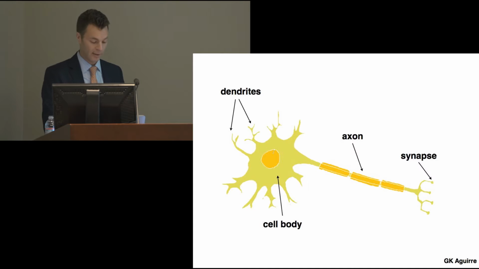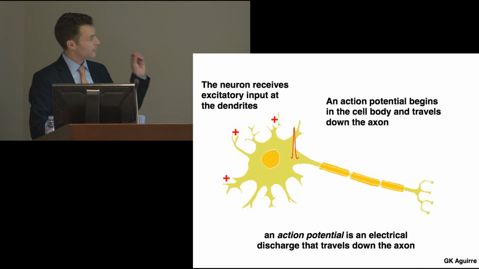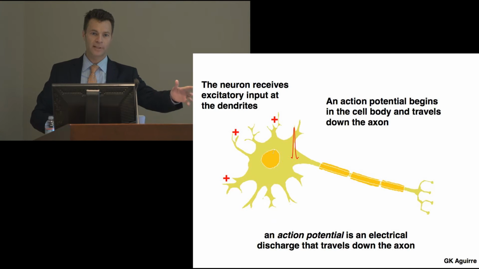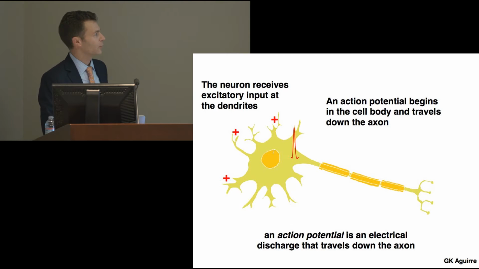So let me give you a sense of how that works. Okay, so let me introduce a new term. This is called the action potential. The action potential is an electrical discharge that travels down the axon. That's the communication going from one nerve cell to the next, something called the action potential, an electrical discharge. So how that works is the